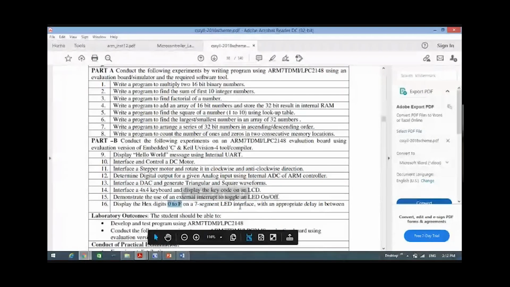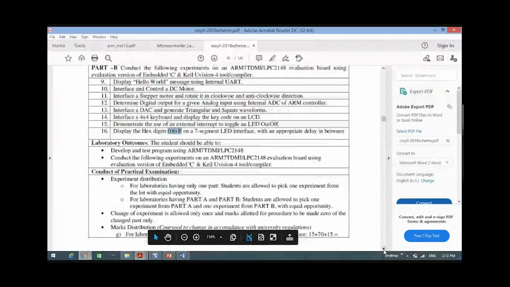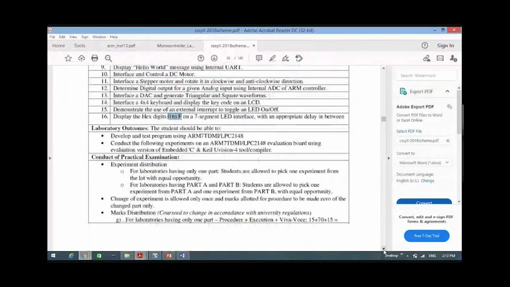In between, you have to give certain delay so that the user will be able to distinguish between the different count values. So these are the programs that are available, that are to be executed, part A and part B. You are supposed to execute one program from part A and one program from part B in the external examination. Similarly, in the internal